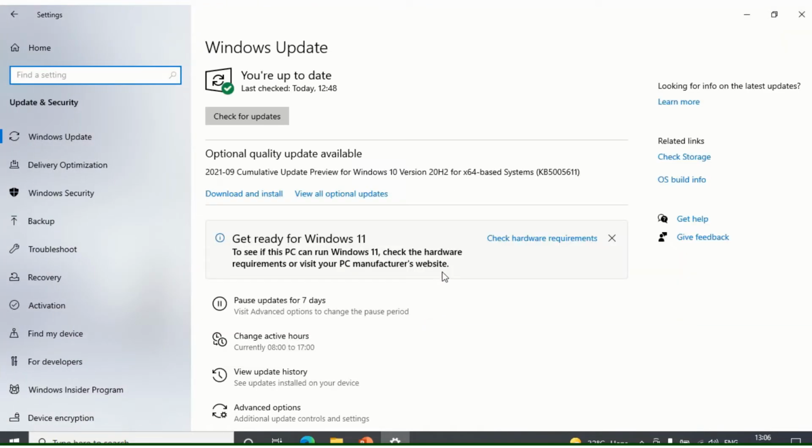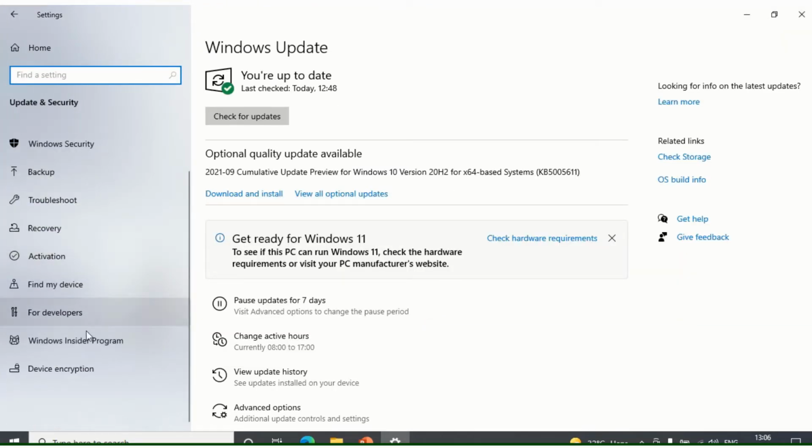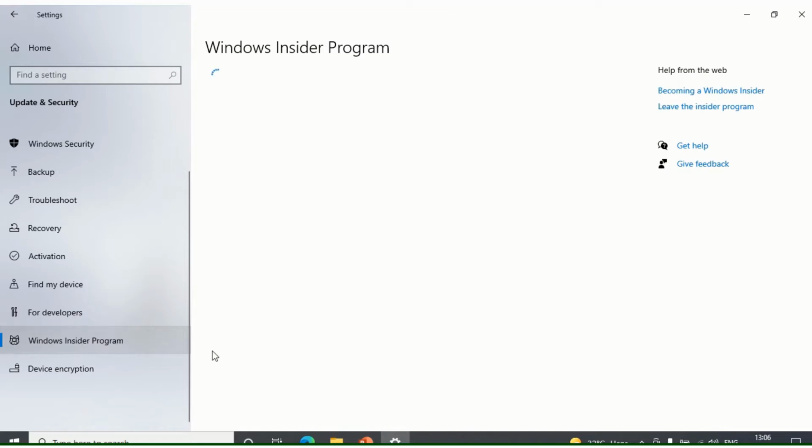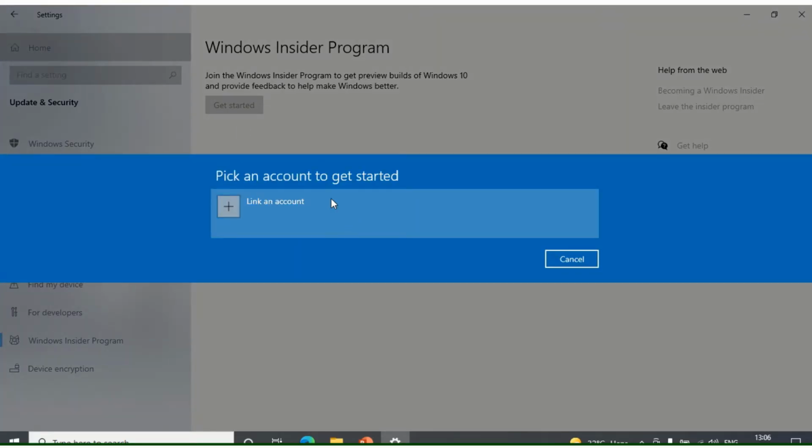Here you can see Windows Update. On the left panel, click on Windows Insider Program. Guys, it is mandatory, you have to join the Windows Insider Program. So click on Get started to join the Windows 11 Insider Program.